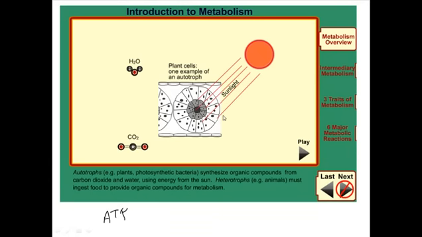The special property of this chlorophyll is to be excited by the sunlight, by the particle that comes from sunlight, which is called a photon, and the chlorophyll is triggered into a very excited state, and that excited state triggers further processes, and it will eventually lead to the formation of